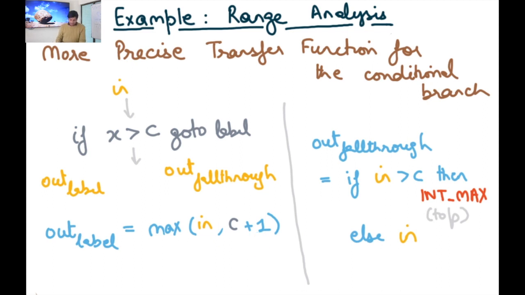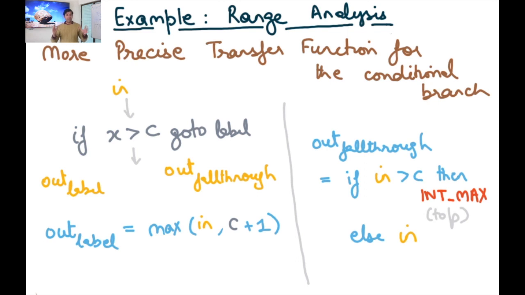Similarly, I can define a more precise transfer function for the fall through branch. For the fall through branch, I know that if n was greater than c, then, because n is the lower bound of x, x must always be greater than c. And for that reason, this branch will never go to the fall through. So if n is greater than c, then because it will never go to out fall through, I can just take